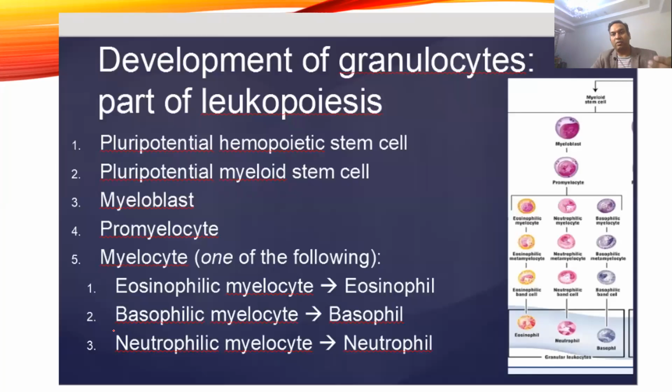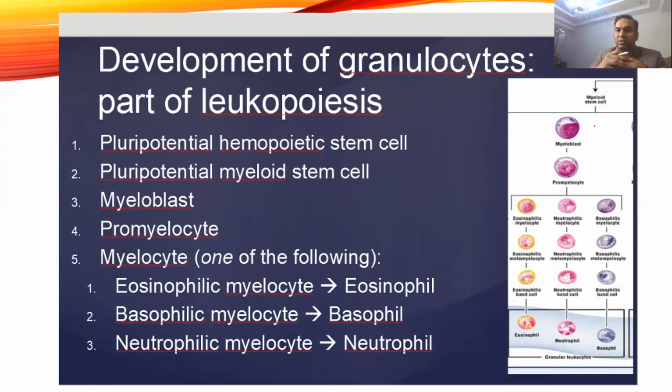Okay. So this is how they develop into different cells, and this is just a small chart showing the development of different cells. First it will form pluripotent cells, and from there it converts into myeloid stem cell. Then it forms myeloblast. From myeloblast it differentiates into promyeloblast, and from promyeloblast it differentiates into three different lines under the influence of